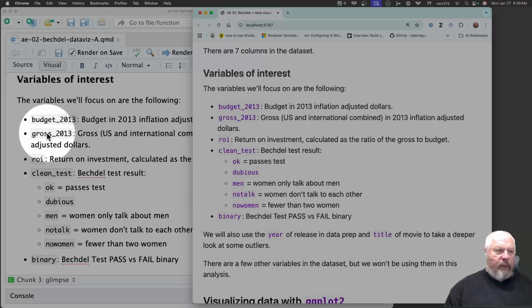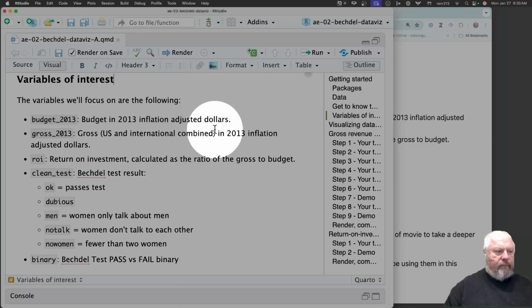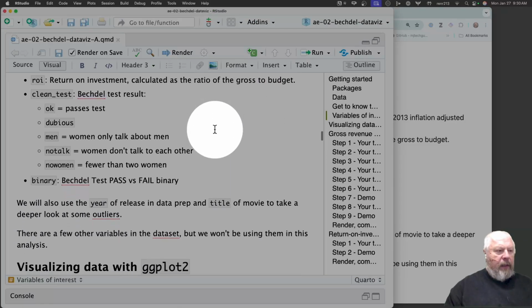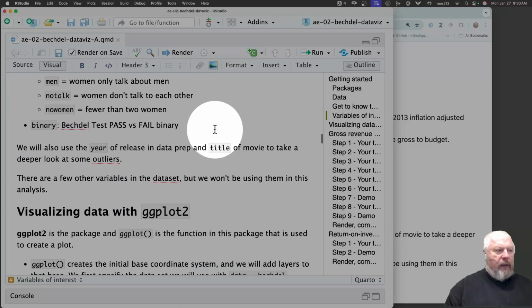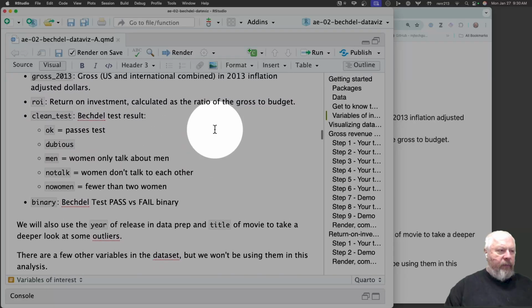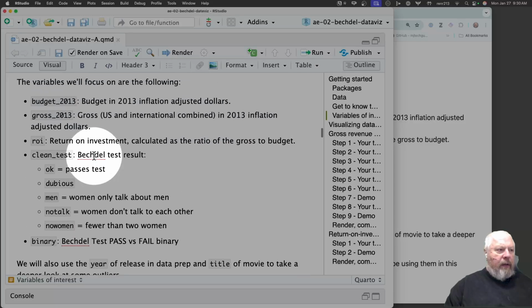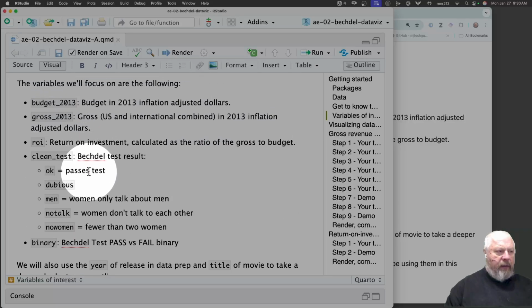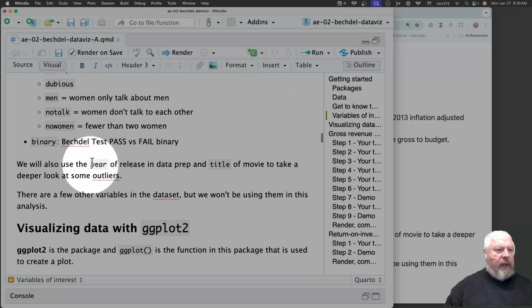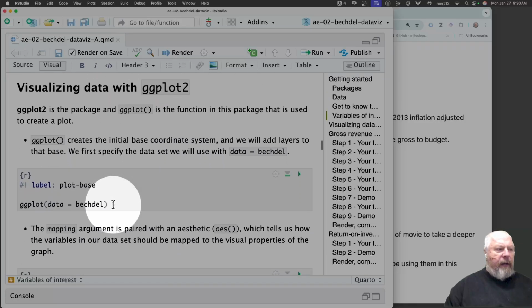So variable names and variable values. Now, this is what we're looking at, the level of the Bechdel test results and some of the other things. Okay,